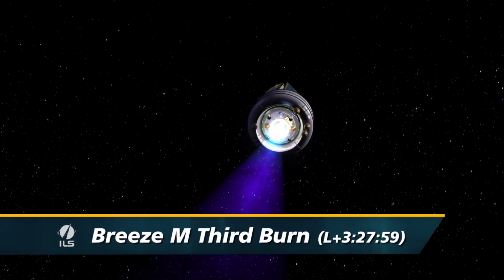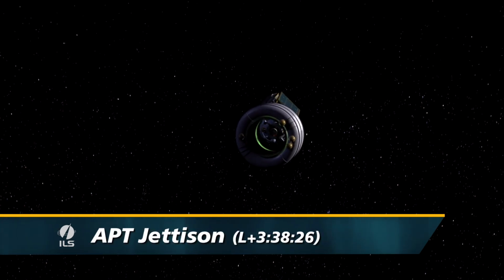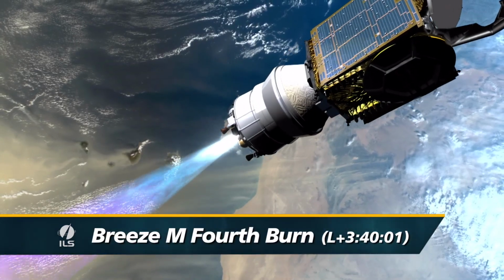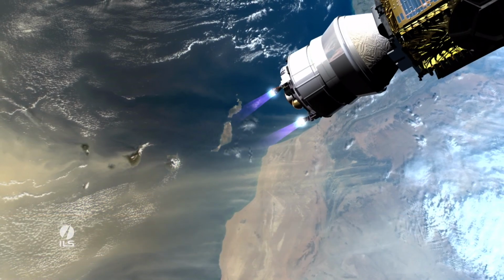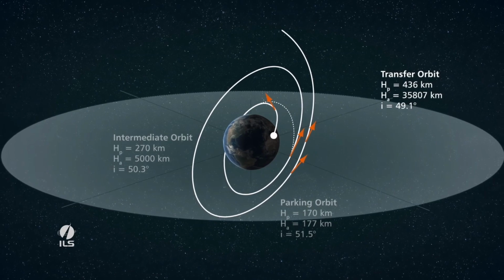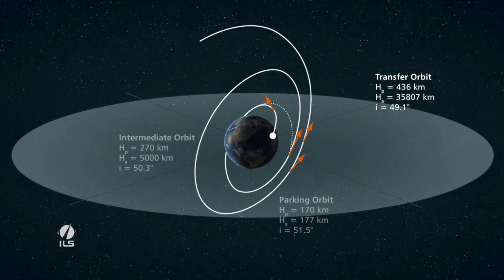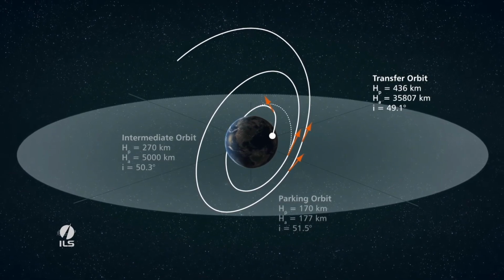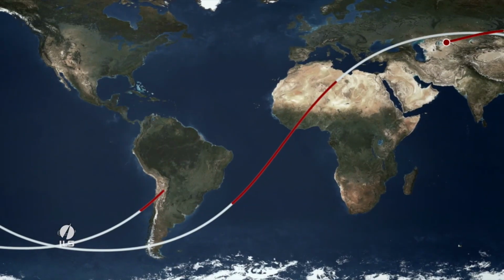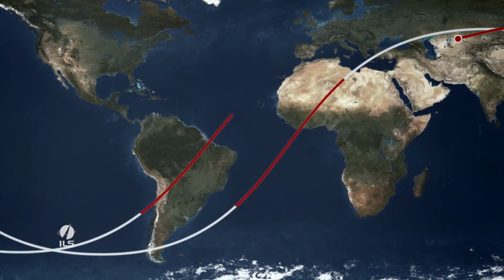Approximately 2 hours later, in a 19.8-minute sequence, the third Breeze M burn is executed, the auxiliary propellant tank, or APT, is jettisoned, and the fourth Breeze M burn is completed, resulting in a transfer or more elliptical orbit. In the transfer orbit, the apogee is greatly increased to 35,807 kilometers, more closely matching geosynchronous altitude, while perigee is slightly increased to 436 kilometers, and inclination reduced to 49.1 degrees. The third and fourth Breeze M burns take the spacecraft from the South Pacific, 200 miles west of Chile to 300